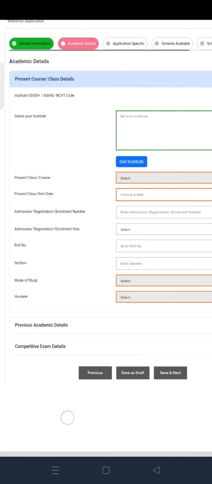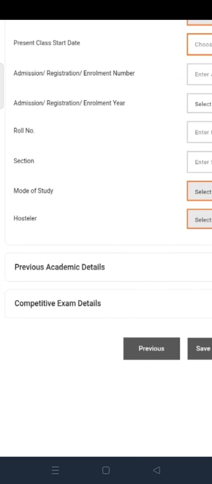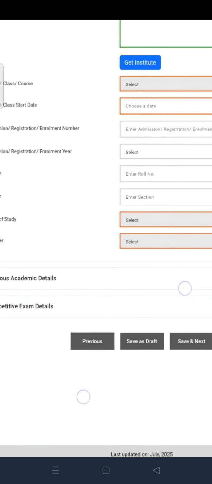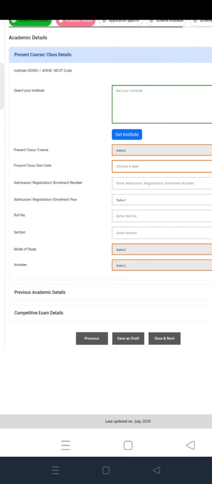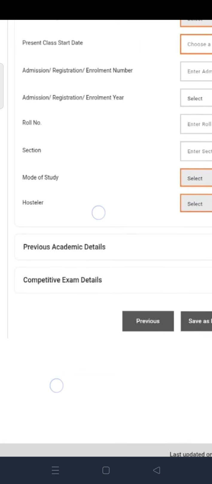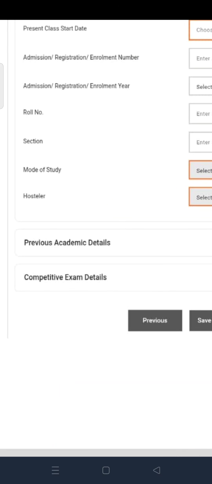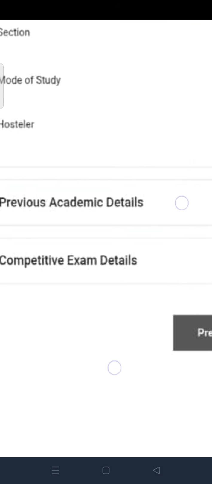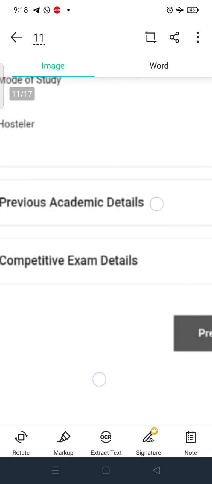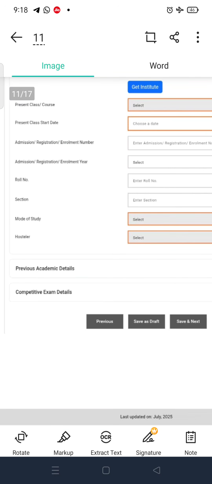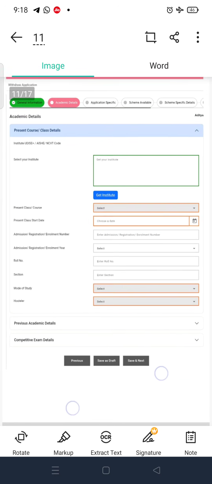And if there is a grade system in class 8, then also it has to be filled by converting it into percentage. In this, in place of university or board, you can select your state secondary education board. After that, the details of NMMS selection test have to be filled. In this, the roll number and year of examination of NMMS selection test have to be filled.